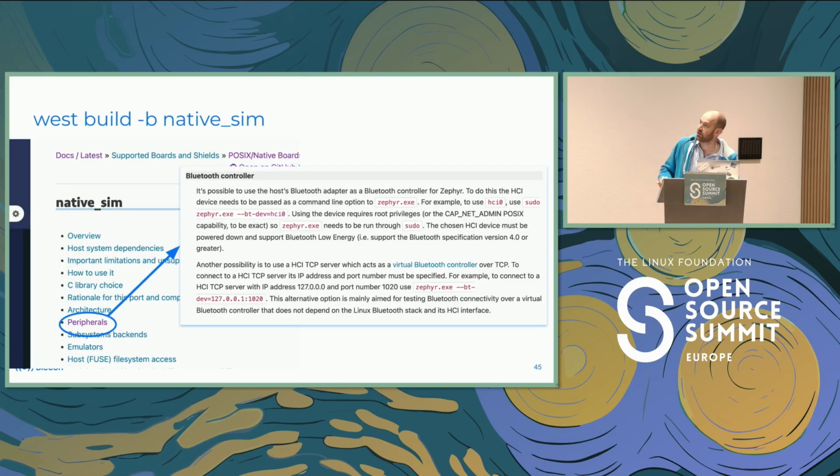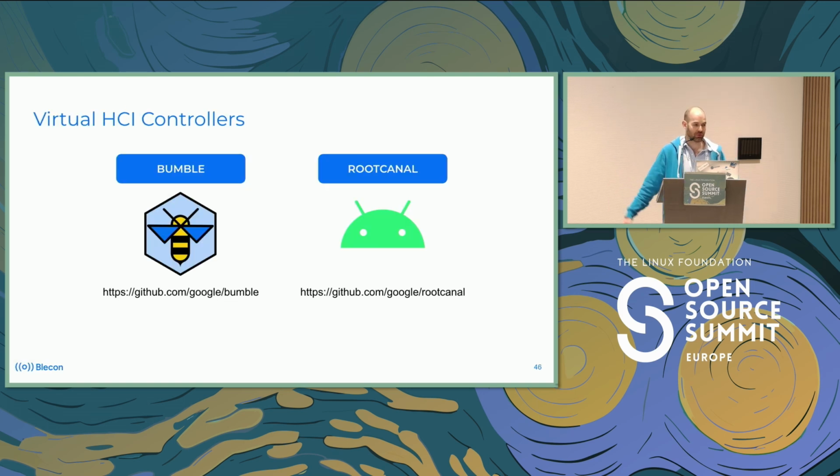The other thing I wanted to highlight is more around the simulation side of things. There's that great board in Zephyr, which is actually not a board, which is a POSIX emulation layer for Zephyr, called Native Sim. I don't know if you've come across that, but what's very cool with this, when you're building a Bluetooth device, is that it lets you connect to a virtual Bluetooth controller. And that virtual Bluetooth controller can be exposed over any TCP server, which means you can quite easily map it to an actual controller, but you can also hook it up to a purely virtual controller, which is emulated